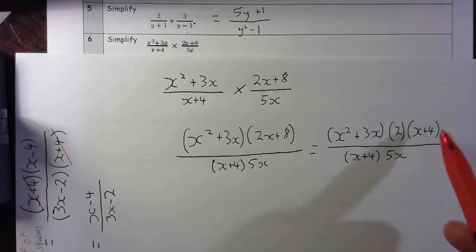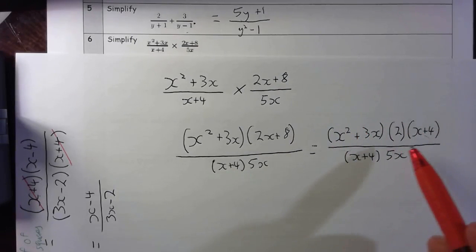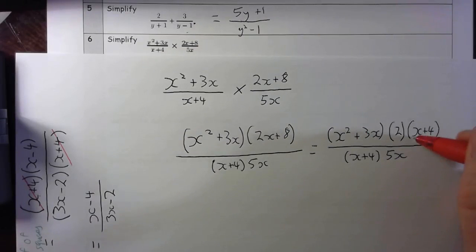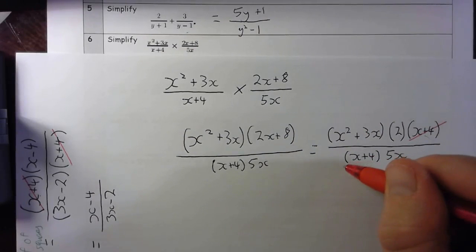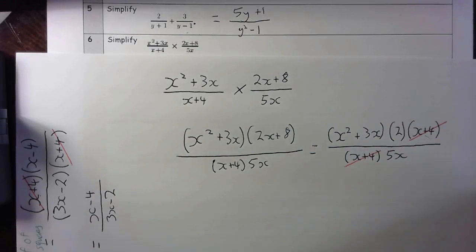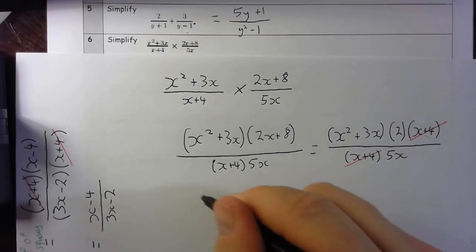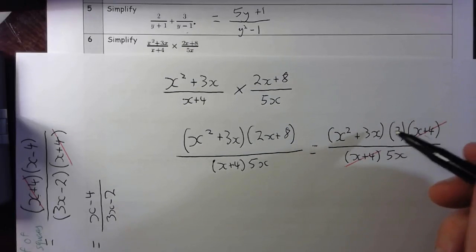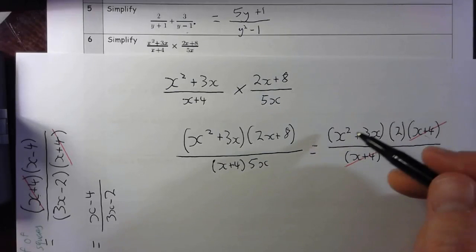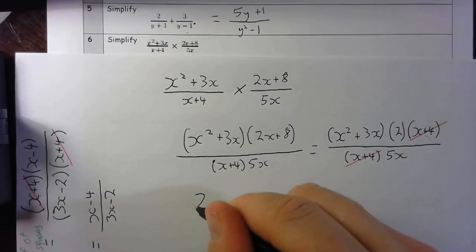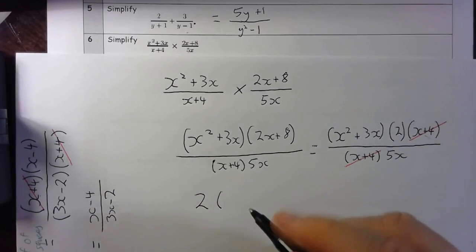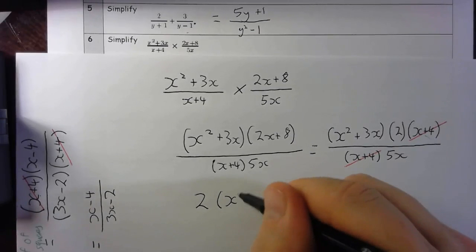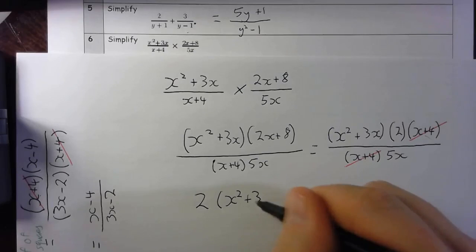Because now I can clearly see all the terms on top here. Well, they're not terms, but these are all multiplied together. And I've got x plus 4 and x plus 4, and I can cancel those. So that gives me, I can rewrite this out. Now this time I'm going to take my 2 over to here. That doesn't change anything. It's x squared plus 3x times 2, which is the same as 2 times x squared plus 3x. That's our convention for how we write it usually. 2 times x squared plus 3x